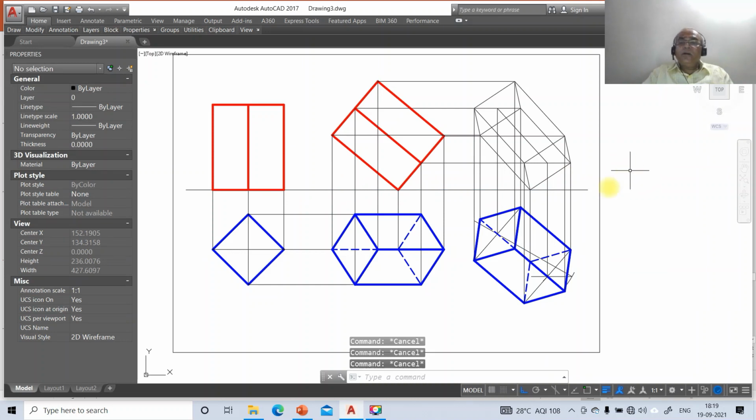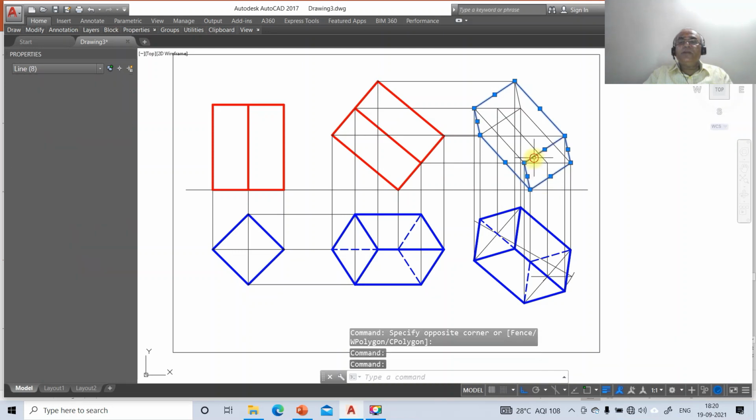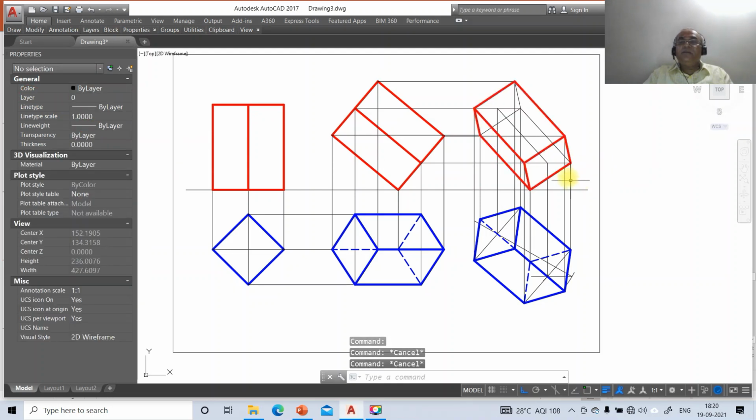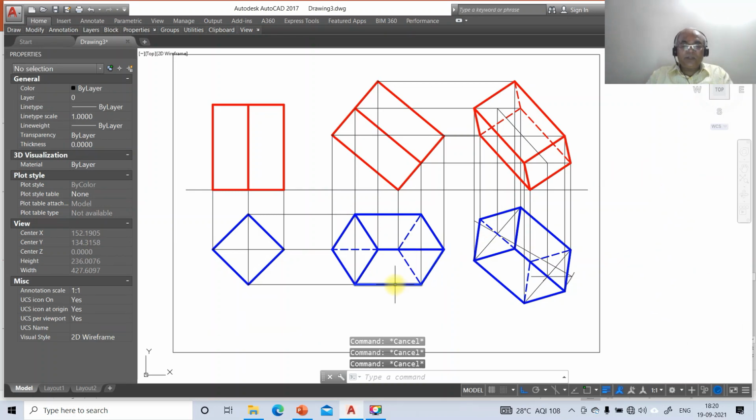Now we will go for the visibility and the invisibility. All the exterior edges of the boundaries of the solids are visible and the surface nearer to the observer is visible. So these two lines are visible and obviously this line is also visible. Now two visible edges can never cross each other, and once an edge is invisible, then the other edge will also automatically become invisible. So that is the condition. So this is how you will be able to create this drawing.